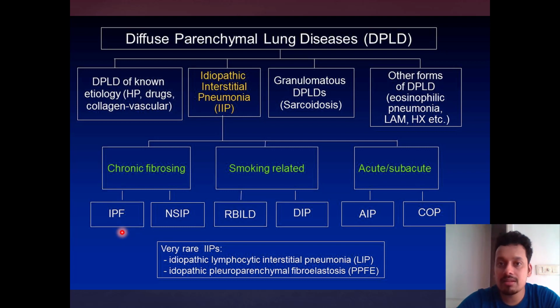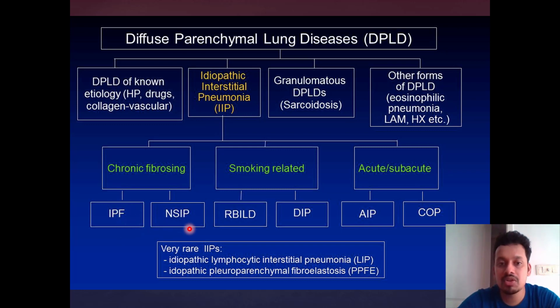Proton pump inhibitors are prescribed rampantly, although there is no definite evidence. There is some evidence only telling that IPF may be exacerbated due to gastroesophageal reflux disease. That is why many doctors prescribe proton pump inhibitors in a patient with IPF. Also, one other drug which is used often is N-acetylcysteine, although there is no definite evidence to support the use of N-acetylcysteine or proton pump inhibitors in a patient with IPF.